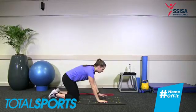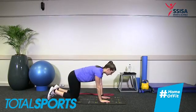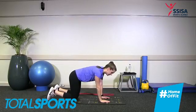Good. Okay, then back into our 4-point kneeling position. Hands under the shoulders, knees under the hips. We're lifting opposite arm and leg up to shoulder height and hip height, but keeping the core and back still